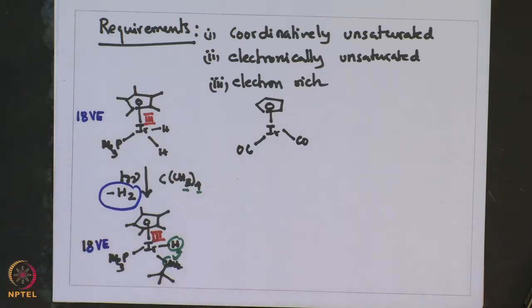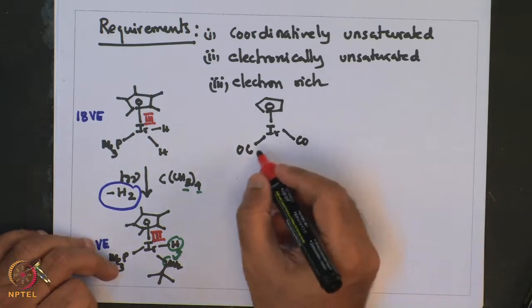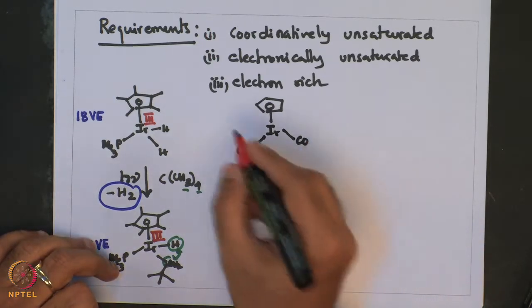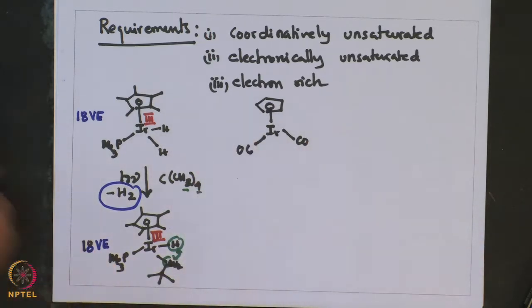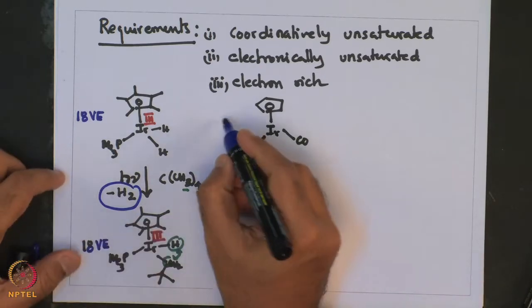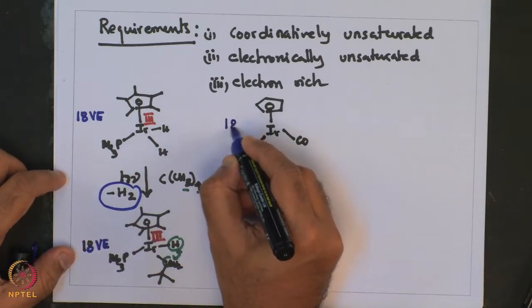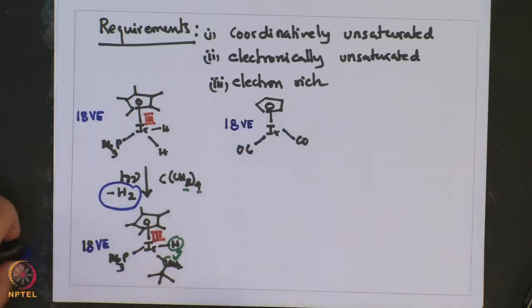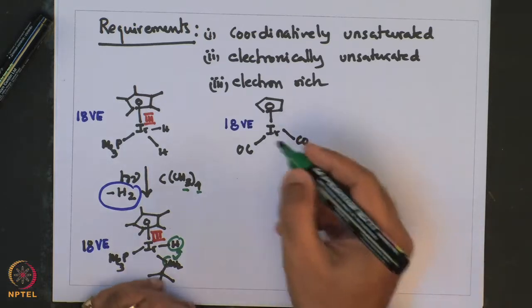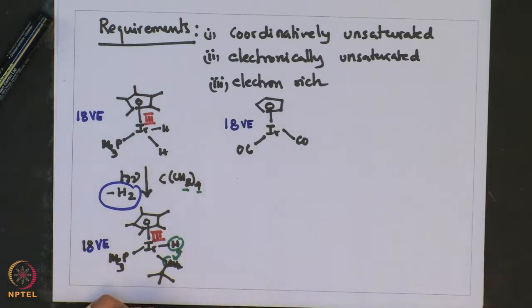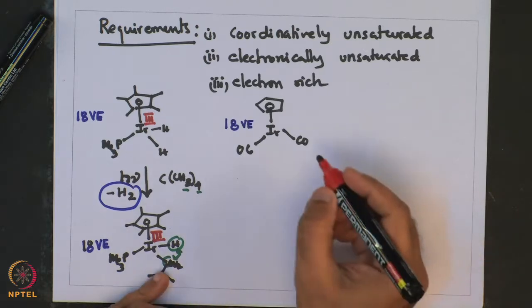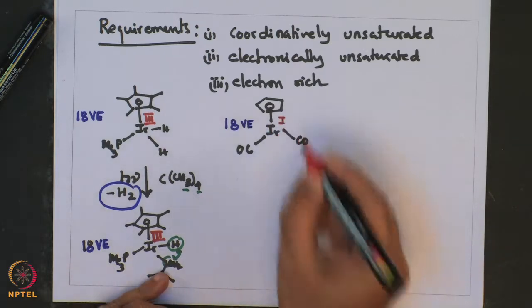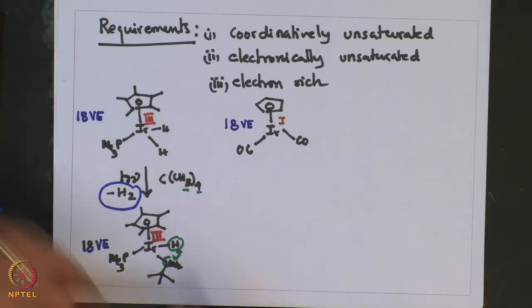This also is an 18 valence electron compound, hence electronically inert. It has an oxidation state of iridium +1. This in presence of